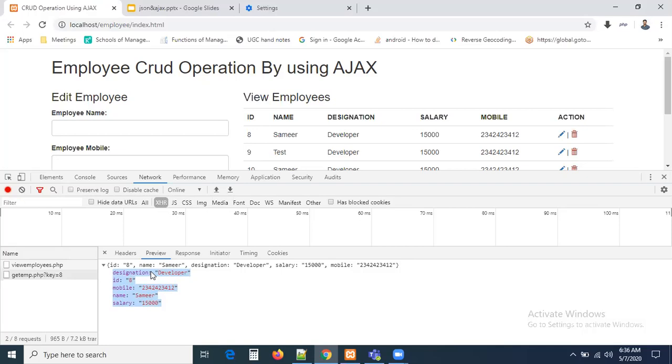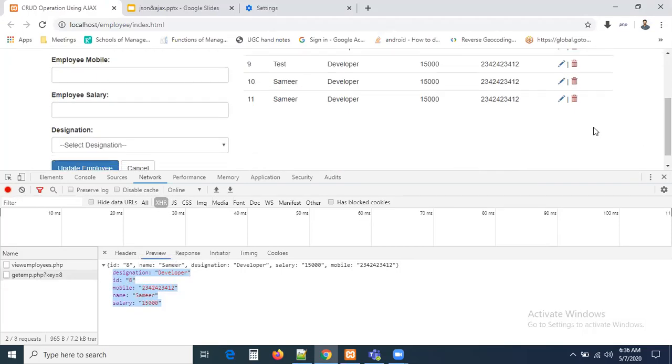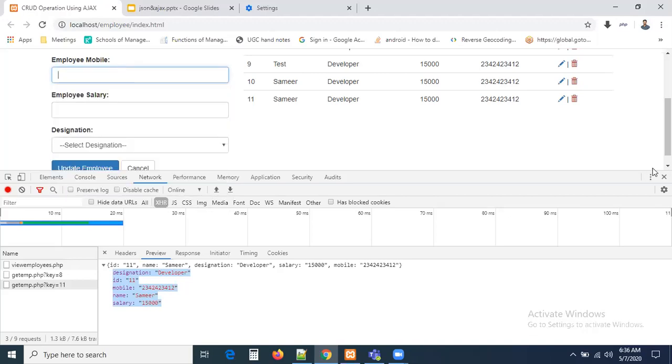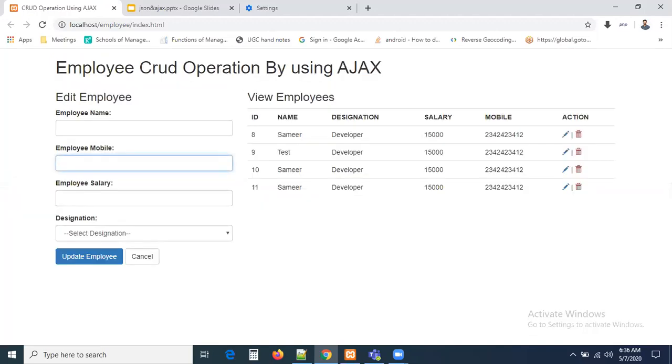This is the information, designation ID is 8. For example, if you click the last record, 11, now you can see one more request went to the server with key equal to 11, and the 11th user's information is also there. We get that information and display it in this employee form. We already created a form, right? To this form, I'm just binding, guys.